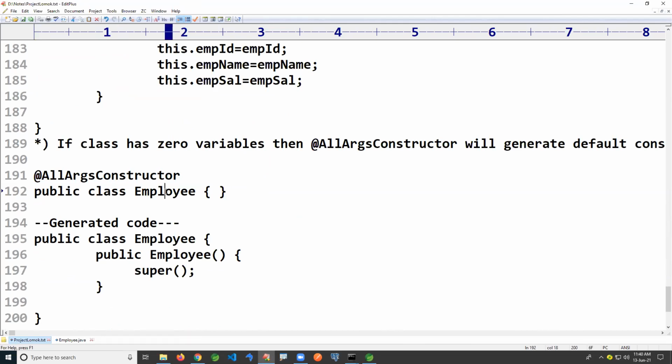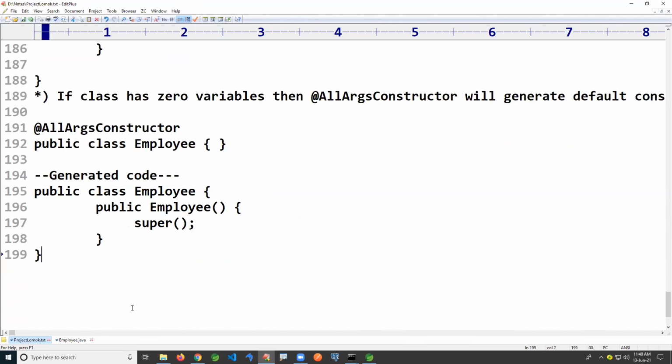So you wrote a class that has no variables, applied @AllArgsConstructor, and that is actually going to generate a default constructor. Now, one more I'm just mentioning here.